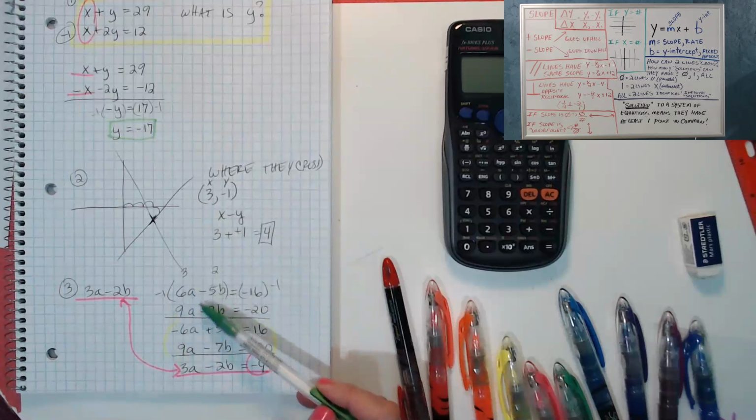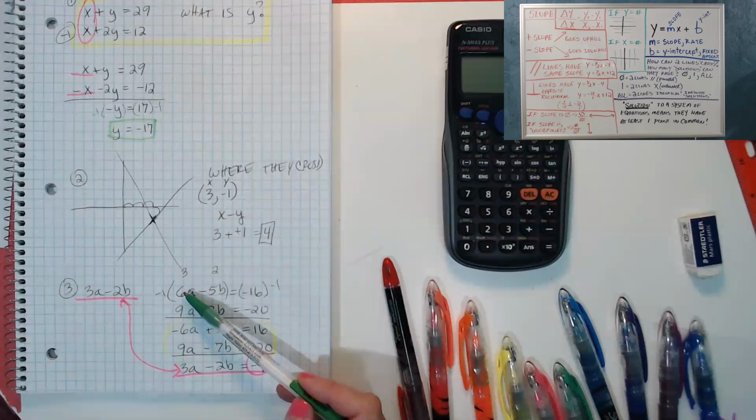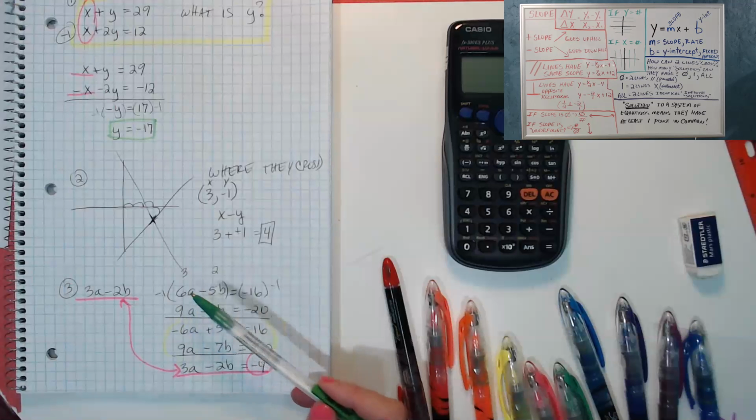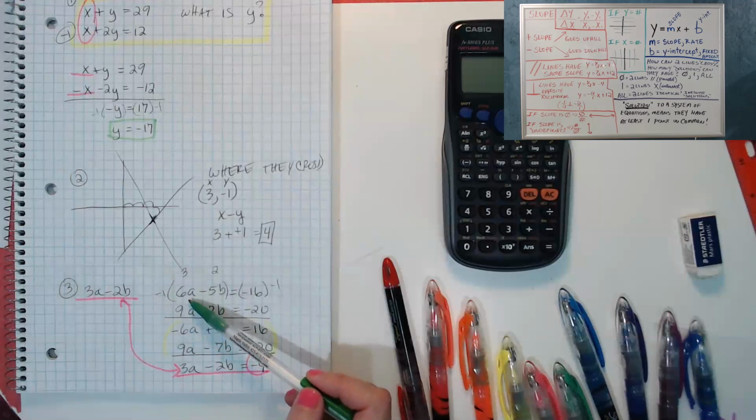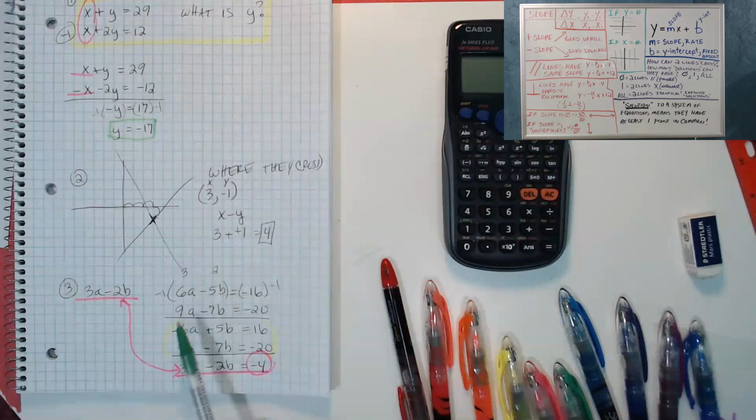The only way to make these two cancel out with the long method like we were doing before is you would have to choose something like 50. Let's say you choose 54 or something simple for this one. Let's say we chose 50. Okay, sorry, I'll make it simple. Let's choose 18. It's a lot smaller. If I were to choose 18 and try to make these both 18, I can multiply this whole equation by 2. I can multiply this whole equation by -3. And then I would have 18 and -18, -18 and 18. So those would cancel the A's. So you multiply through and solve. You can do the whole process, but the fastest way to do it is to just notice the